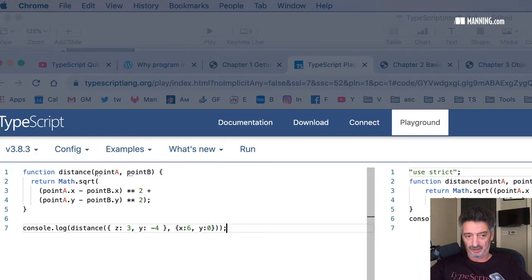Somebody is saying you need the type of the parameters. It's optional. Yes, I need it, and I will show you how I will add it now, but it's optional in TypeScript. It complains, but it can run. In TypeScript there is an option, and if you were using one of the IDEs, I'm using this playground because for me it's easier to show you something, but in a regular IDE you can also specify the parameters of the compiler, and one of them is noEmitOnError.